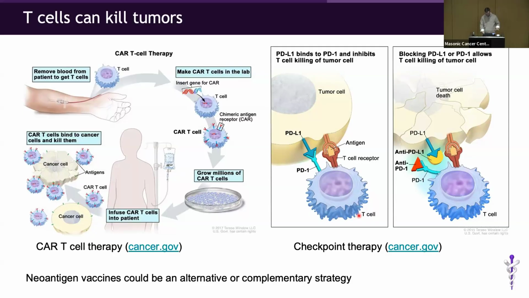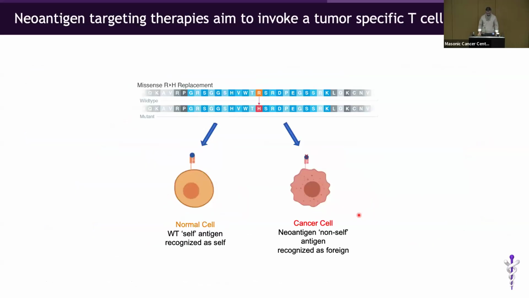So I'm going to talk about neoantigen vaccines primarily, which is an alternative or complementary strategy to these two T cell therapies. Okay, so what is a neoantigen? If you're not familiar, a neoantigen in its simplest form is just a single amino acid difference acquired in the DNA of the tumor that creates an amino acid change that can be recognized as foreign by the immune system. So in this very simple example, we have a single amino acid substitution caused most likely by a single DNA nucleotide substitution